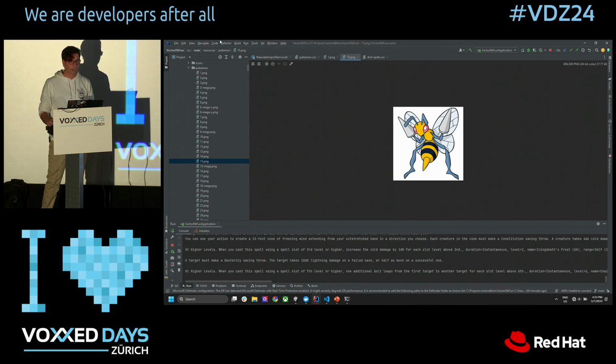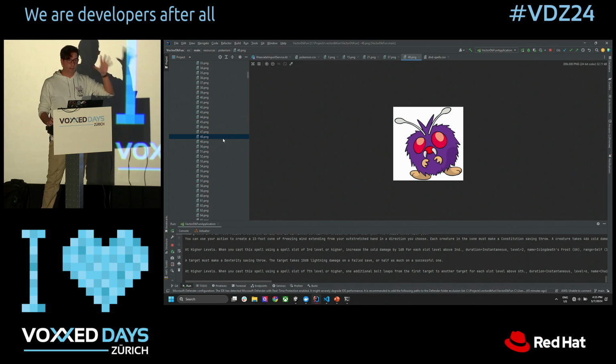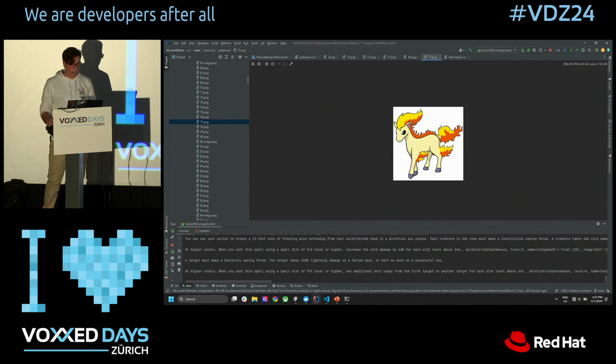You can download open source data sets. And basically we have a white background cartoon icon or image of every one of the first 721 Pokemon. And which Pokemon is this? Ponytail, I think, right? Is that a Pokemon? Ponyta, yeah, that's it.